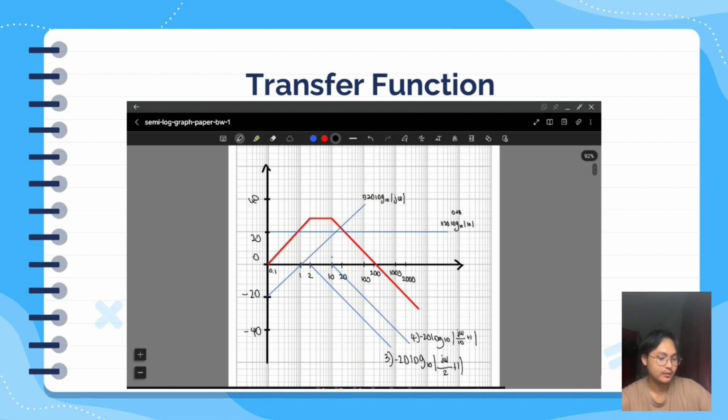Also the last one, for the fourth plot, we just parallel,